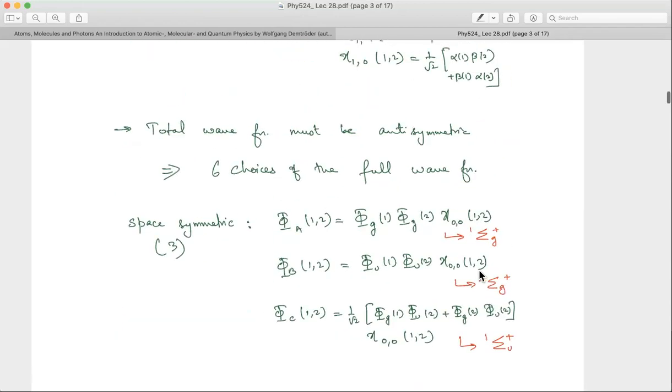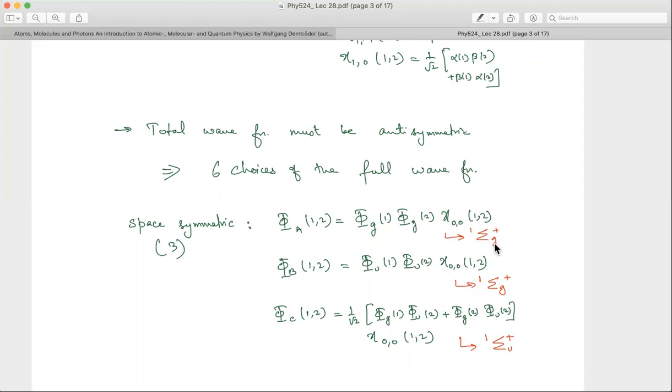Okay. And just remember that phi g were the bonding states and phi u were the anti-bonding states. Okay. And then I'll leave you to show that this phi A state, for example, you can write in this notation: sigma g. Okay. So sigma were the states which had the total angular momentum corresponding to 0, just like the S basically. All right. So the Lz value, so the total Jz value is 0 basically. Okay. So that is the sigma, and this will be symmetric.